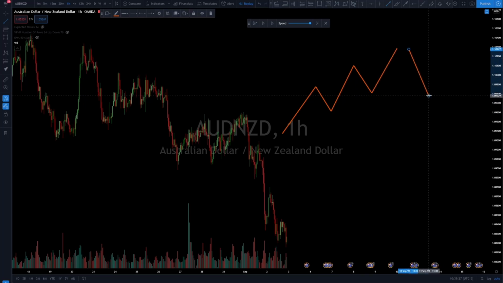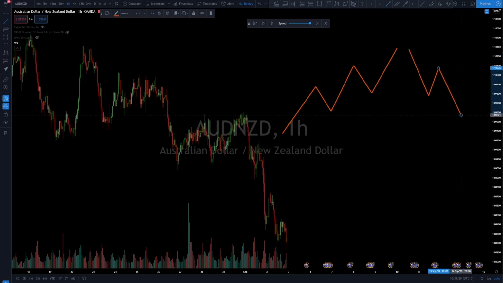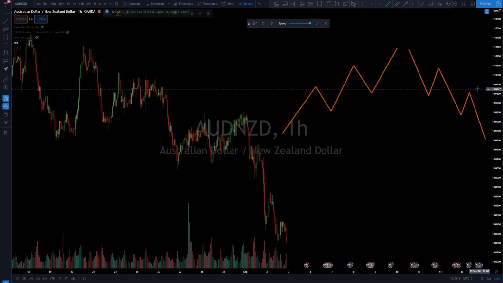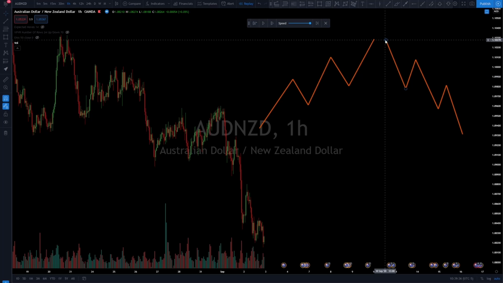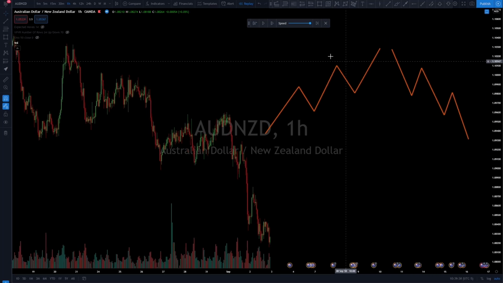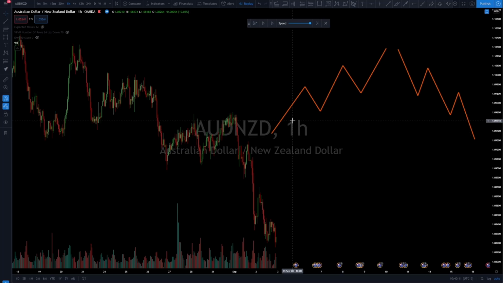So if our chart is making higher highs, higher lows, or lower lows, lower highs, right? If it's doing something like this, or if it's doing something like this, this is an uptrend, this is a downtrend. So basically, it's in an uptrend if it is moving from the bottom left corner of your screen to the top right, and if it's in a downtrend, it's going to be moving from the top left